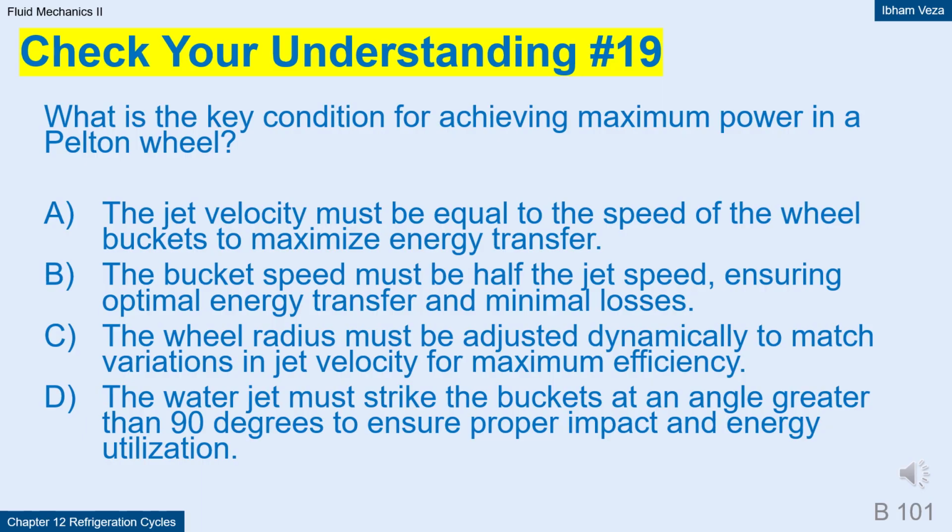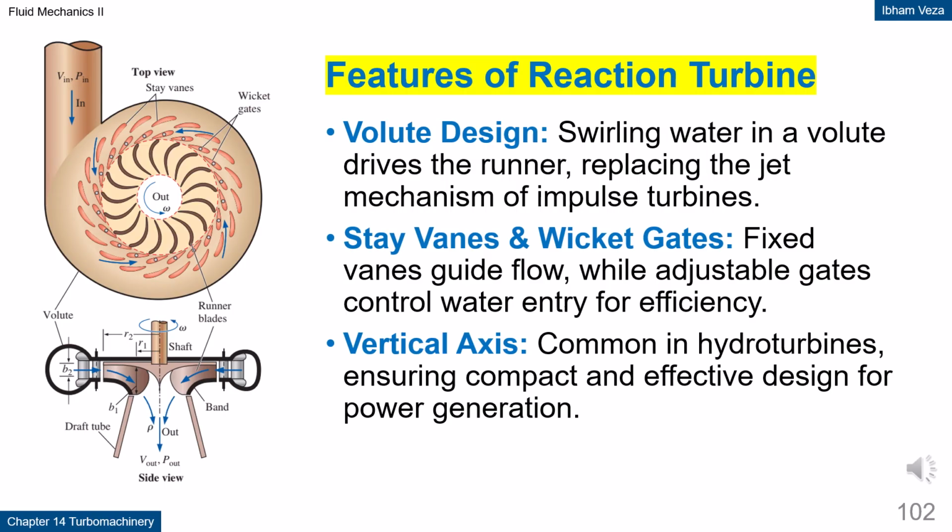The wheel radius is typically fixed during operation. Efficiency is determined by the relationship between jet speed and bucket speed, not by dynamically adjusting the radius. Option D. Water jets striking the buckets at angles greater than 90 degrees would result in improper impact, reducing efficiency instead of maximizing it. Unlike impulse turbines, reaction turbines operate with a combination of velocity and pressure changes inside the